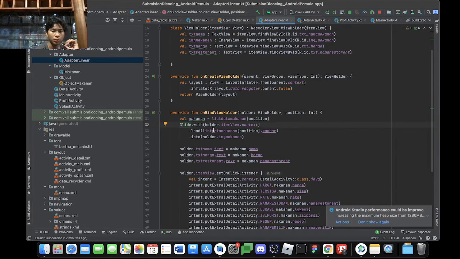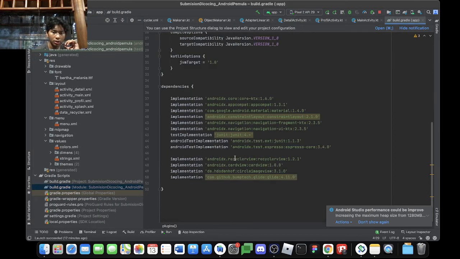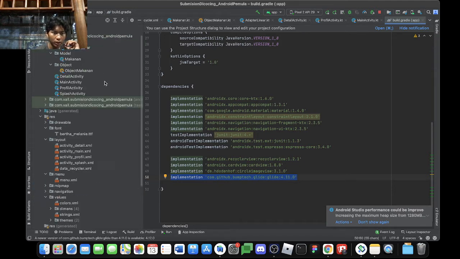Okay, because using glide we have to add this implementation so that we can use glide.